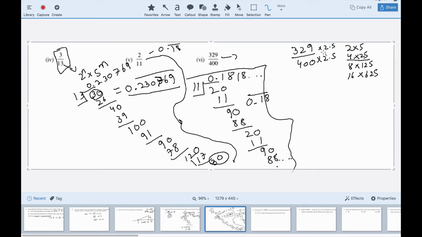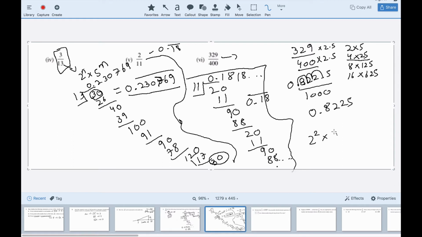And then I can multiply 329 also with 2.5, which will give me 822.5 upon 1000. So I can jump the decimal 3 places, and the answer will be 0.8225, which is terminating and non-repeating, because the denominator is of the form,